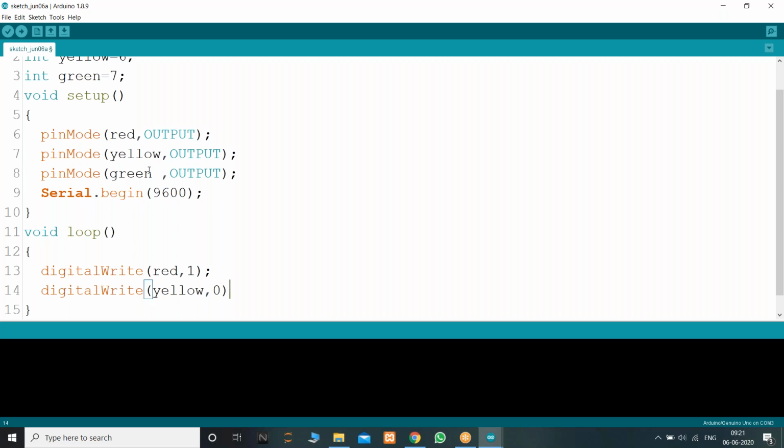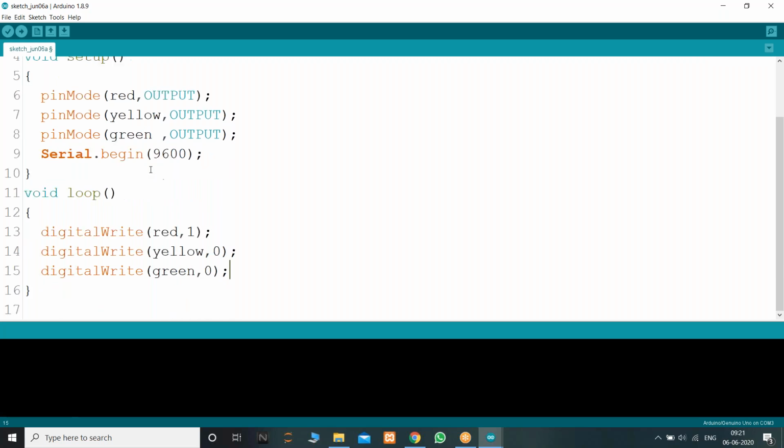If red is in on condition, I'm turning off yellow with 0, and digitalWrite green is also in turned off condition. Yes. So red is on for a delay of 5 seconds. So that's why I'm giving 5000.